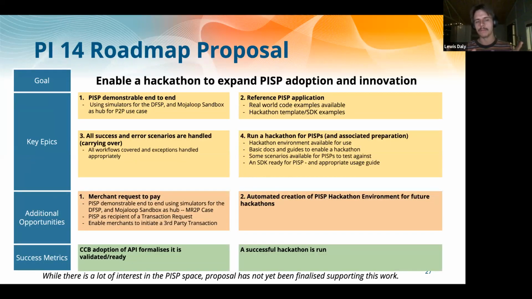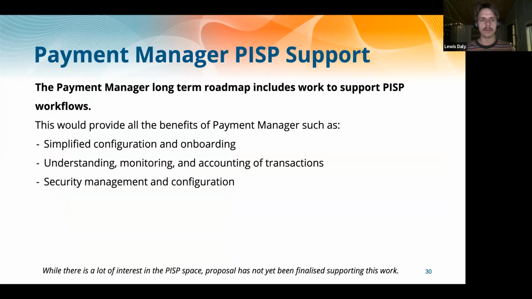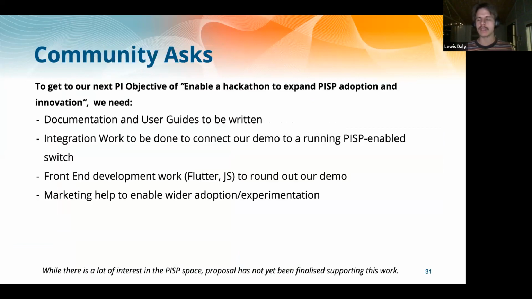Number 3 here, we don't have any resources for those beyond, I suppose, the next week or so. So I think we're trying to get really better at asking what we need from the community. That's something we've been doing a lot of thinking about, and that's why we're coming to you now with this roadmap, and we'll be expanding on this in tomorrow's session as well, getting people's input. But if we really want to have a hackathon enabled by the end of next PI, or during next PI even, depending on timelines, we need these 4 things.